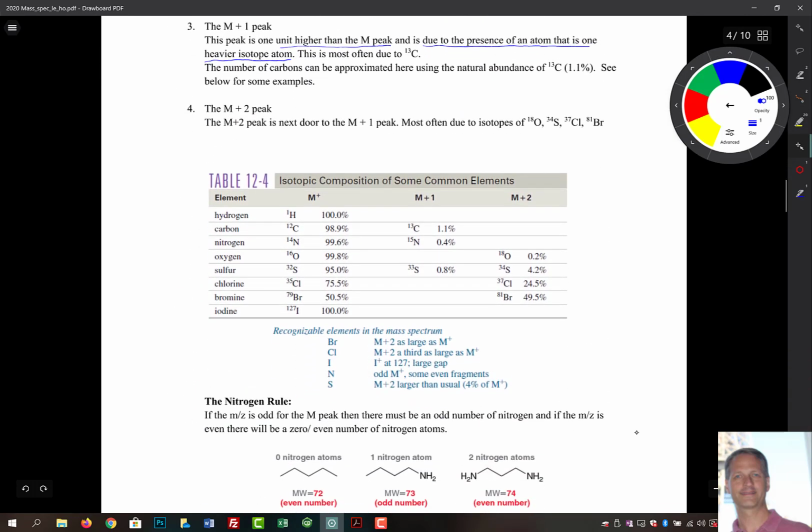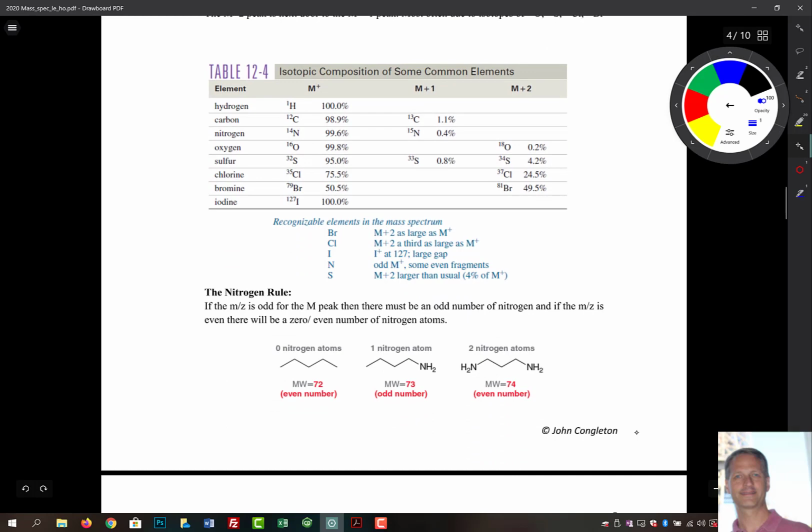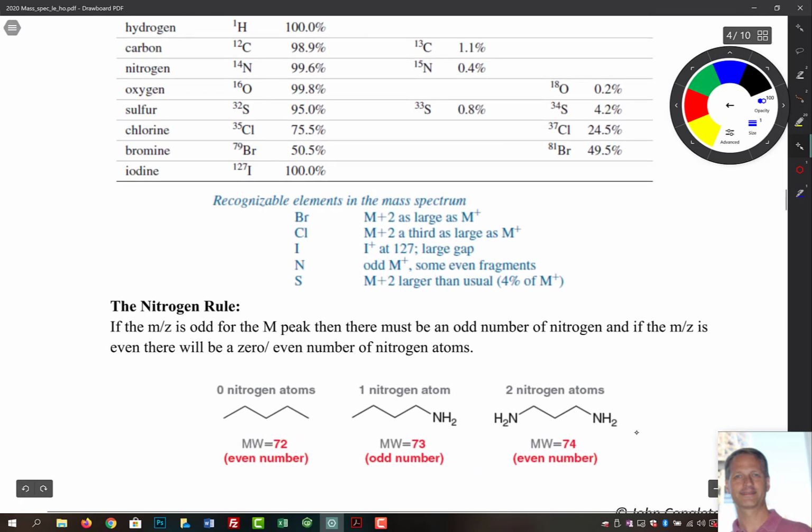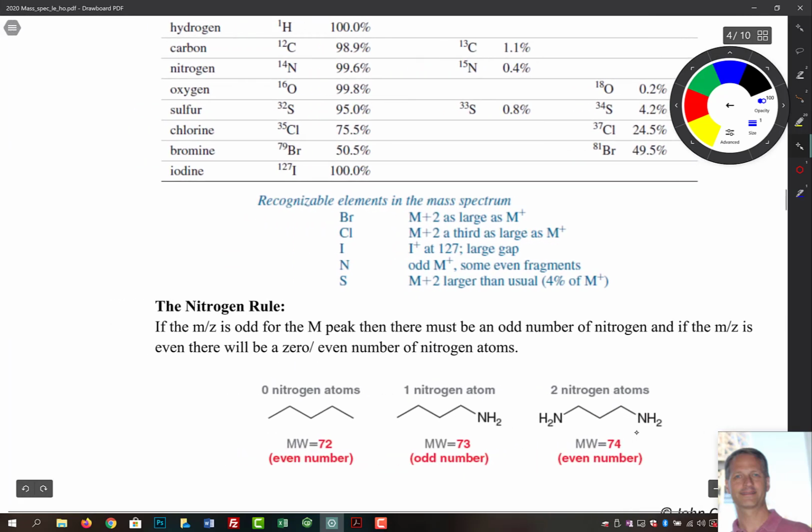Now, the M plus 2 tells us something interesting. Of course, it's next to the M plus 1 peak, and it's due to lots of different isotopes. So the ones that I want to look at with you guys that you're going to see most frequently are bromine, chlorine, and sulfur. So what you're going to see is a peak pattern here that's characteristic of those particular isotopes. So if you're looking down here at a spectrum, and this is your mass to charge, your x-axis there,